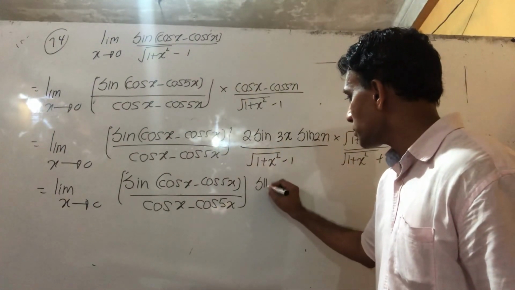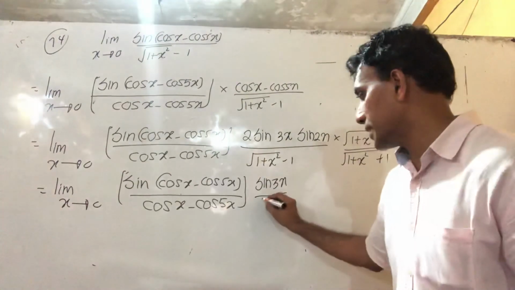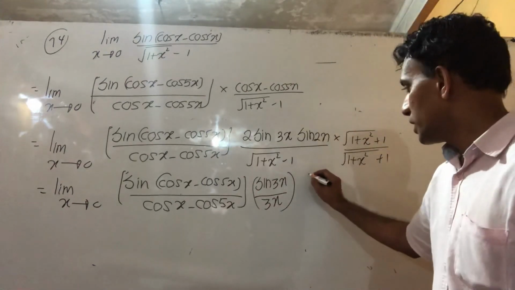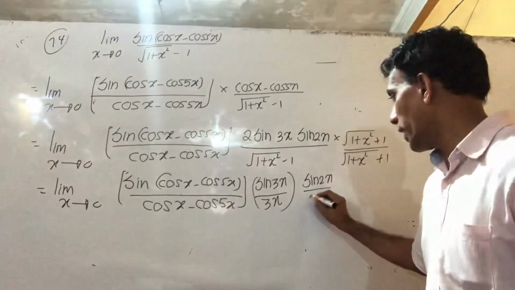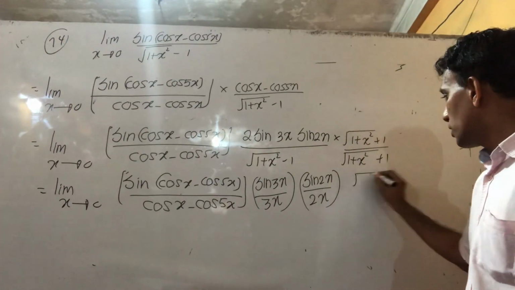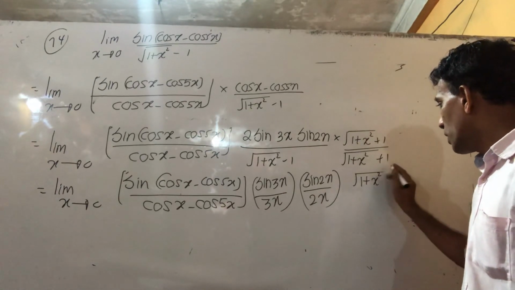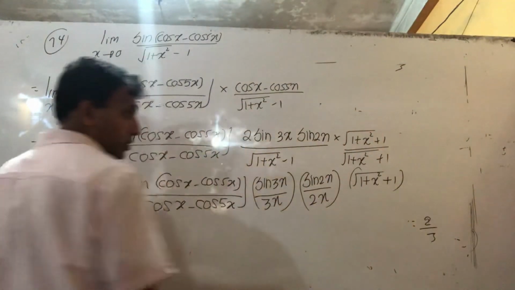Sine 3x, then the unit below 3x, sine theta over theta. Here sine 2x below 2x. Nice question, right? A problem to expect in any exam, final papers, term papers, school papers,